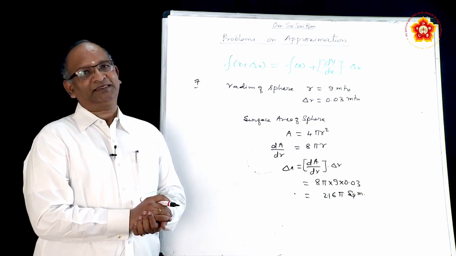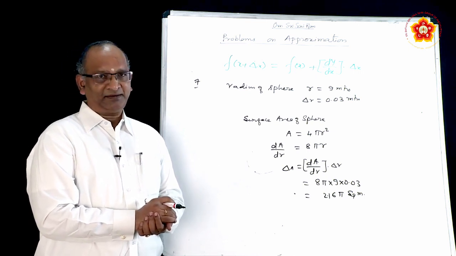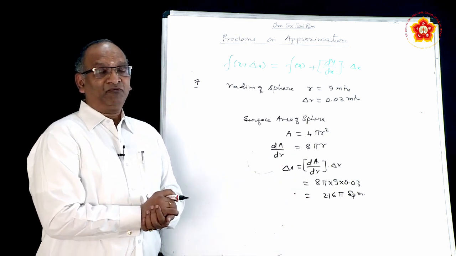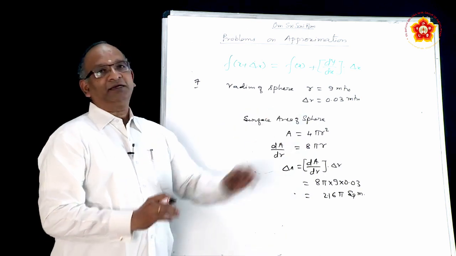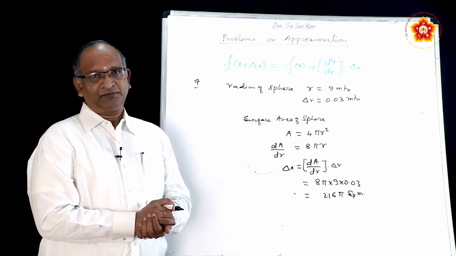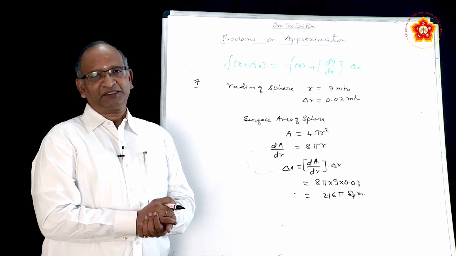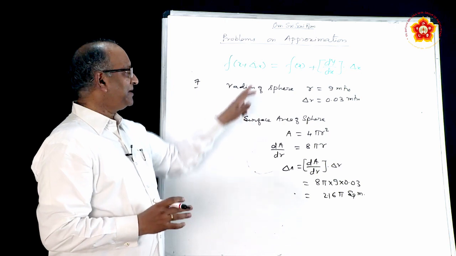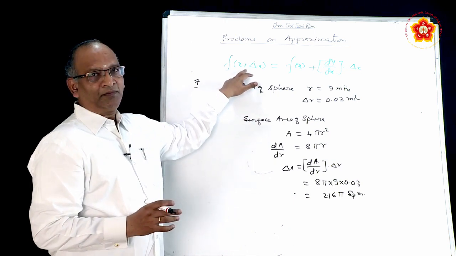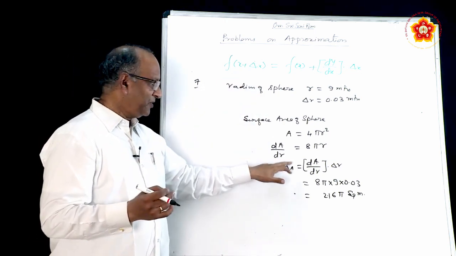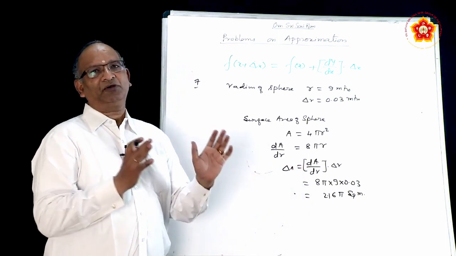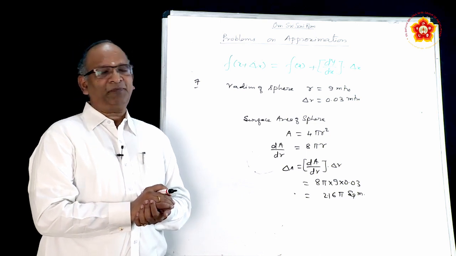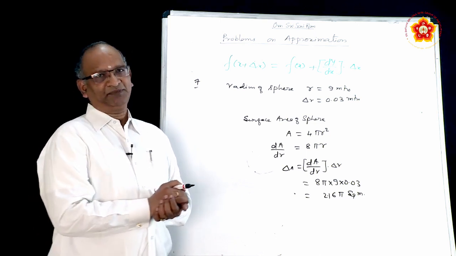So, the error in measuring the surface area of sphere is going to be 2.16 pi square meters when the error in the radius was 0.03. So, we find that the problems of this particular exercise are quite simple. Most of them are based upon this formula, and some problems are based upon this formula where you are just finding out the error. So, by remembering these two, using the appropriate formula, we can solve the problems.